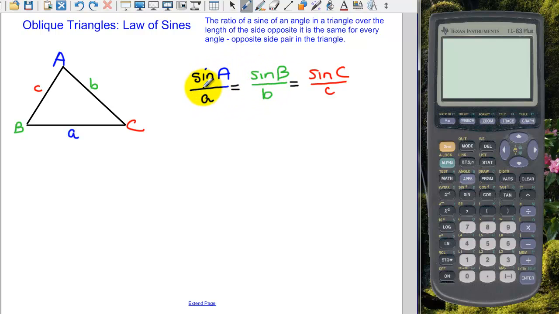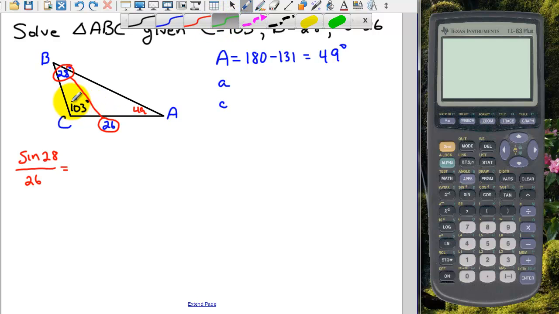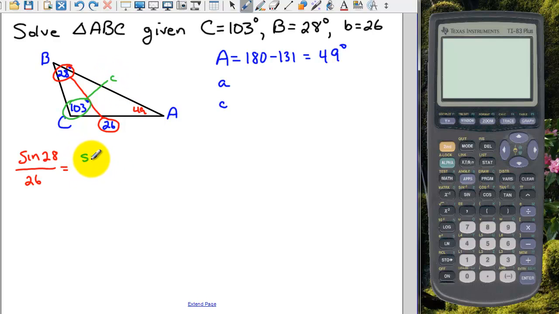If we use a pair of these, we've got four numbers: two angles and two sides. One of the tenets of algebra is if you have a single equation, you can only have one unknown. So to be able to use law of sines, we need to plug in three of these four numbers. So we're always going to need an angle and an opposite pair as part of our problem. So we can set up here sine of 28 over 26, and now we can use one of the pairs where we're missing a piece of information. So we can use this, and I forgot to label that C, so we have sine of 103